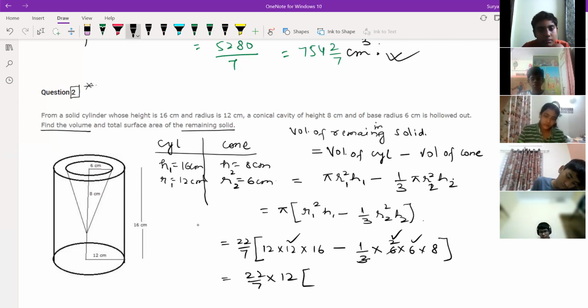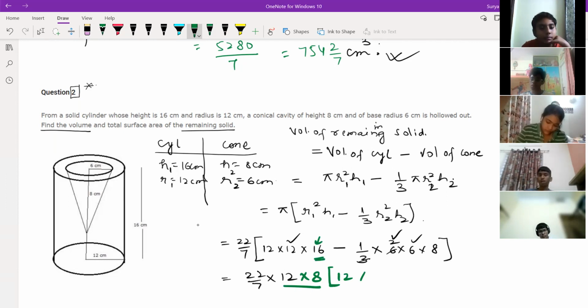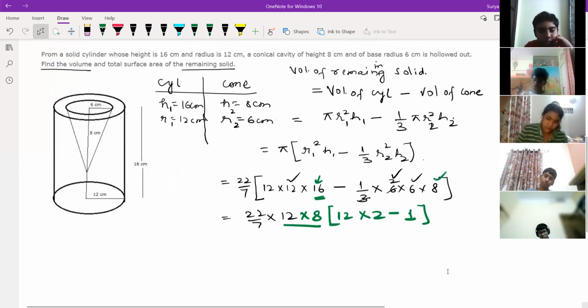Then we can write here 12 into, and one more thing we can take common if you want. You can solve directly also, but I'm trying to take 8 common. Yes, we can take 8 common also. So see, 12 and 8 we have taken common. So from here we have taken 8 common. It means what will be pending here? 12 into 2, right? Minus 2, 6, and here 8 is already common. So minus, nothing is pending, so you should write here minus 1. Is it clear, children, what I've written here?